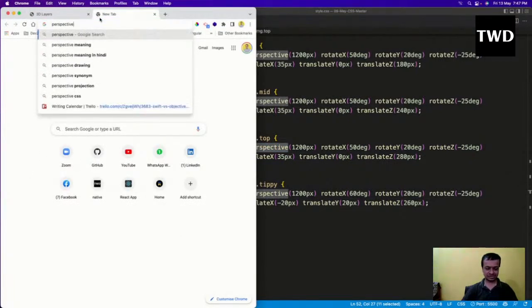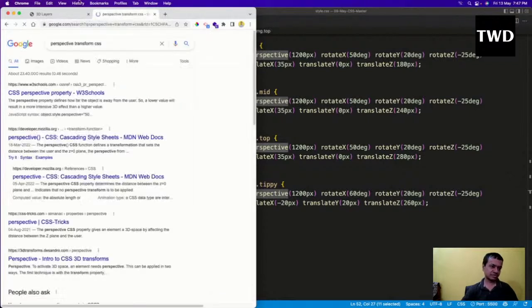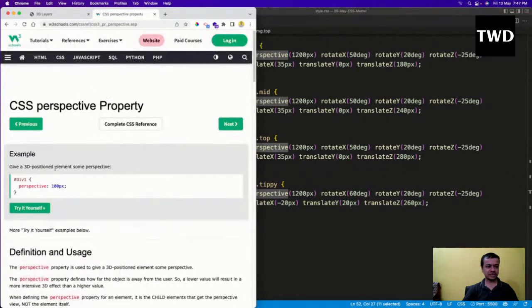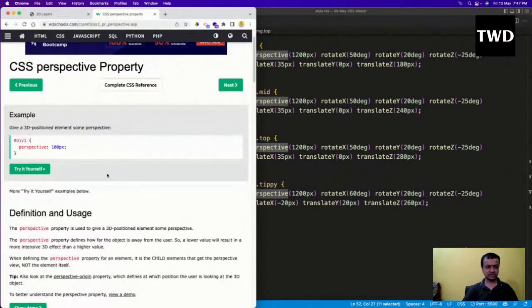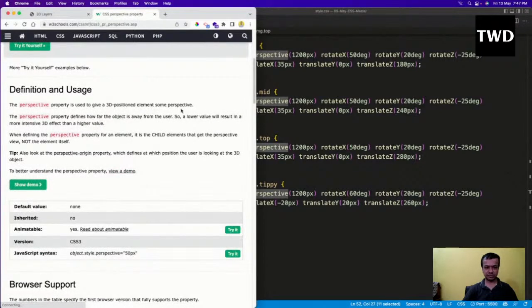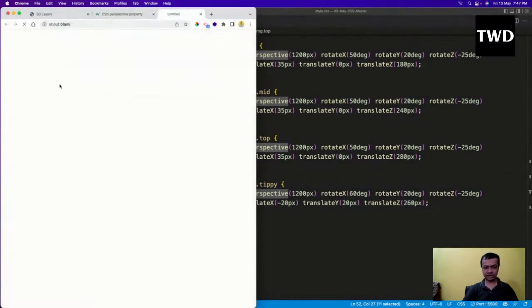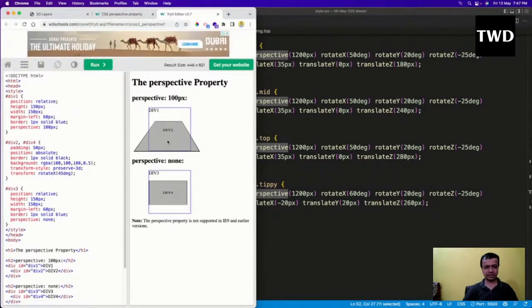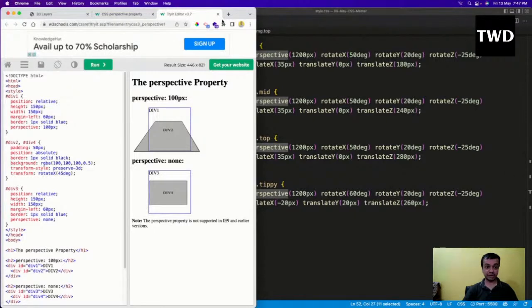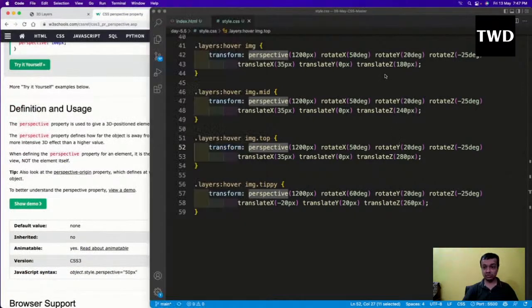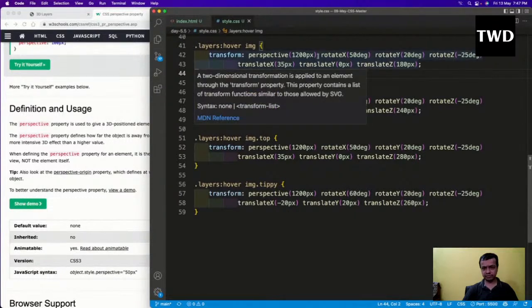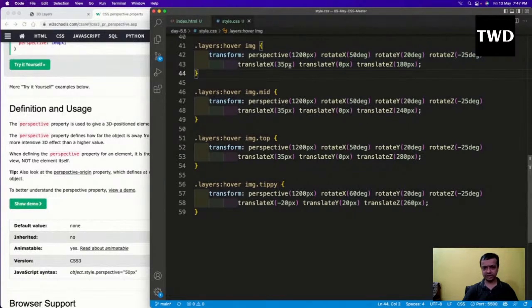I'll show this thing. This perspective gives a 3D positioned element some perspective, and this is where the 3D of transform starts. See, the perspective is 100 points, which means it will actually move it. It is very difficult to tell, but it will move it in 3D. How will it move? We are rotating everything: transform perspective, then rotate y, rotate x, rotate z. Translate is also